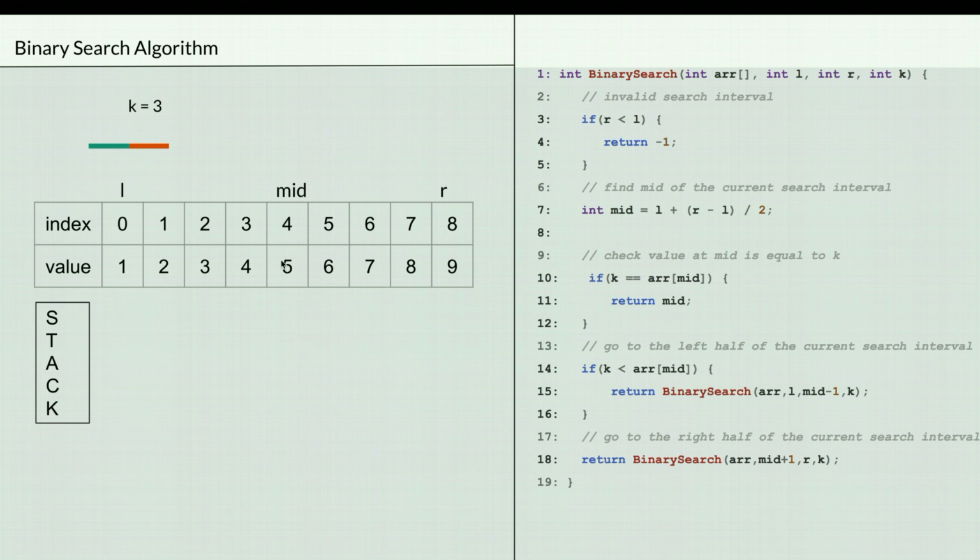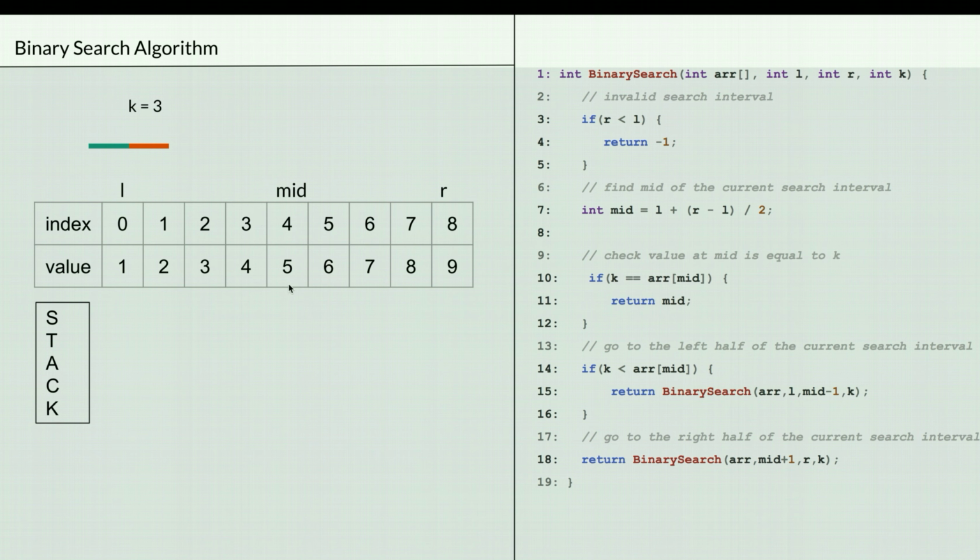Now we'll compare whether k is present at array of mid, that is, whether 3 is equal to 5. No, in this case 3 is not equal to 5. So we'll go either to the left half or to the right half. To decide, compare k with array of mid. In this case k is 3, array of mid is 5. Is 3 less than 5? Yes.